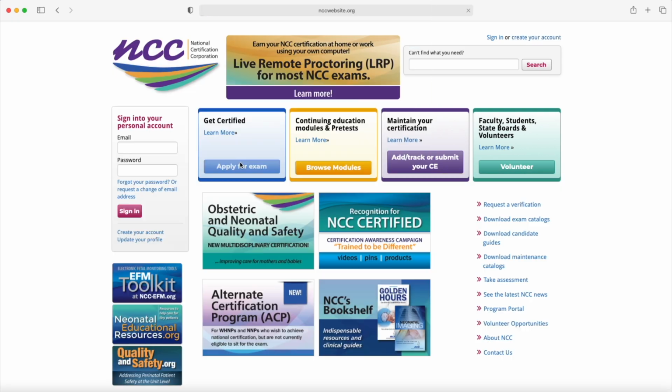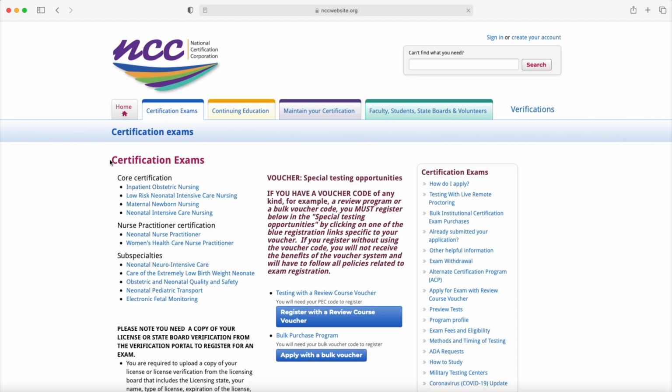But right over here, apply for exam. These are the certifications that the NCC provides. You can have an inpatient obstetric nursing, that's the one I have. Low risk neonatal nursing, maternal newborn, neonatal intensive care nursing, and also subspecialties. For me, I'm gonna go ahead and sign in,